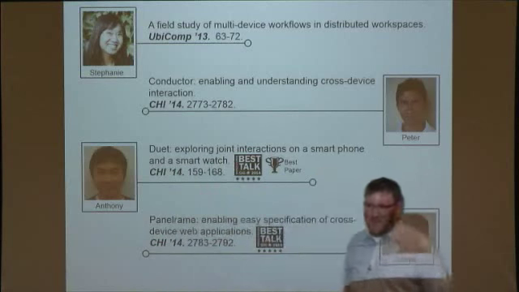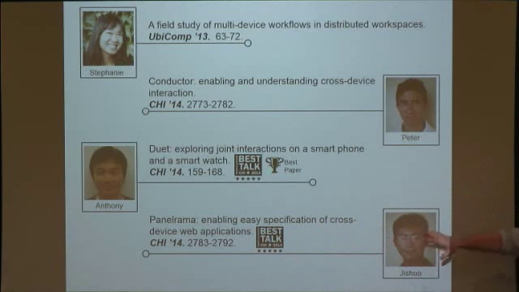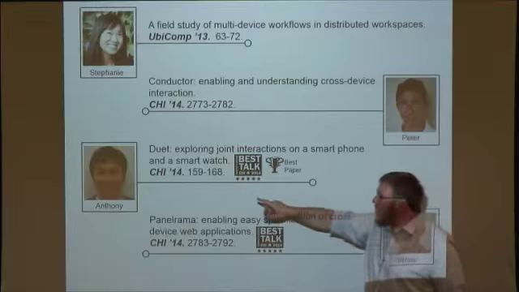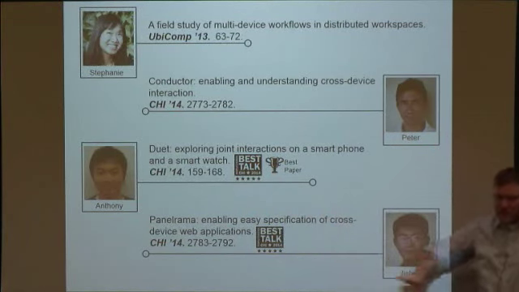And then the other is, in fairness, one of the key things from Anthony's project that I didn't have time to show you, so you should see the paper, where he looked at, if you have a watch and a phone working together, what are the right interactions to put on the watch, what are the right things to do on the phone, and how does the sensing capability of each complement each other? And so what I think of as the next step for Panorama, which is the toolkit, although the company is called Conductor, just to be really confusing, the next step is to say, given this huge number of interaction vocabularies